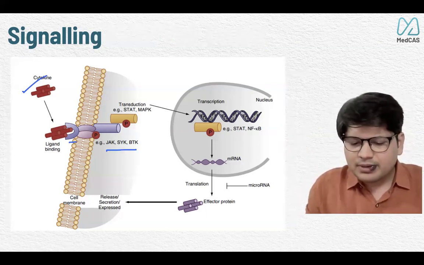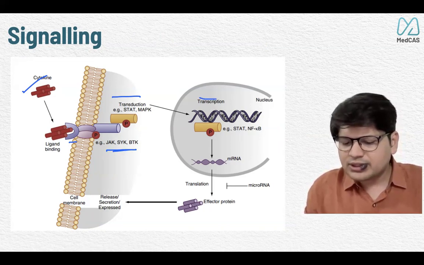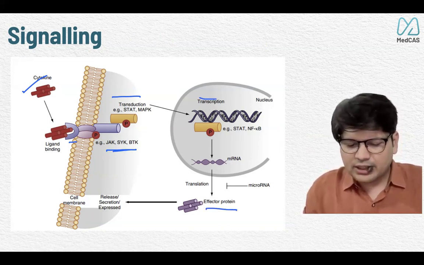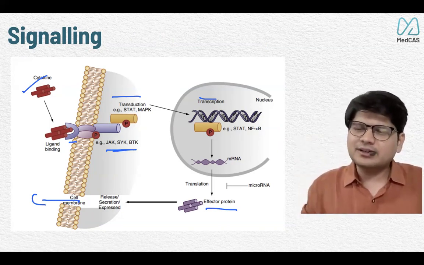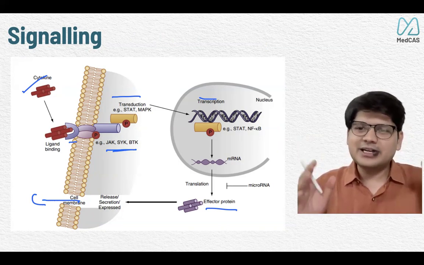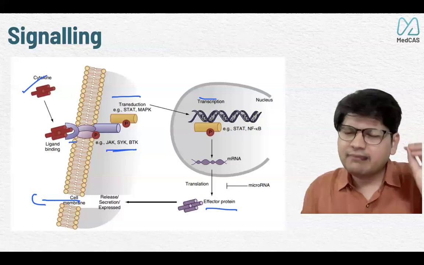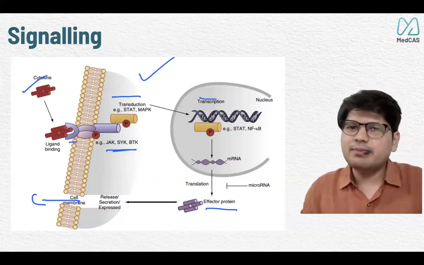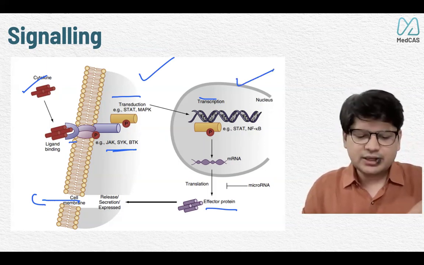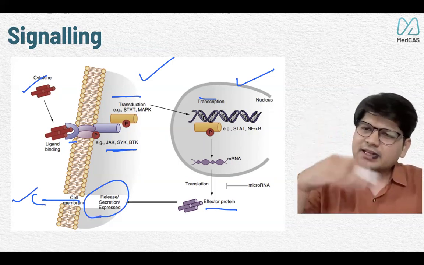After binding to its receptor, it will lead to cytosolic activation of the pathway like JAK-STAT, which will lead to nucleus transcription and will lead to the effector protein, which will get released from the cell and will do its effect like fever and all immune response. So ultimately, a molecule which is stimulated came from a cell, attached to its receptor, activated the cytosolic signaling pathway, led to the transcription, ultimately gave the final protein which did some effect, and then the cascade keeps going on.